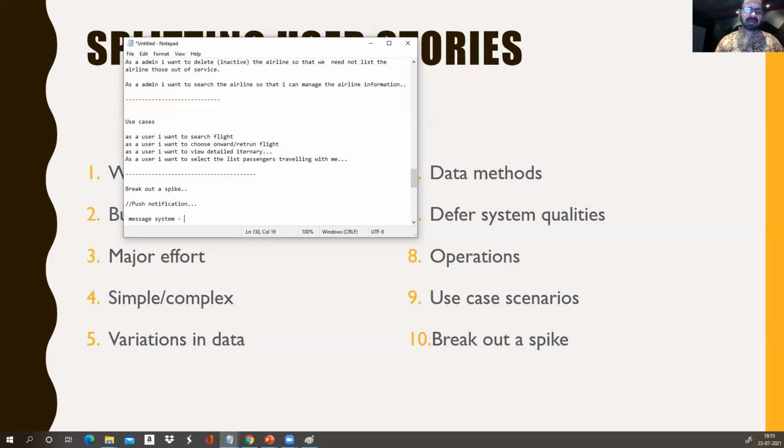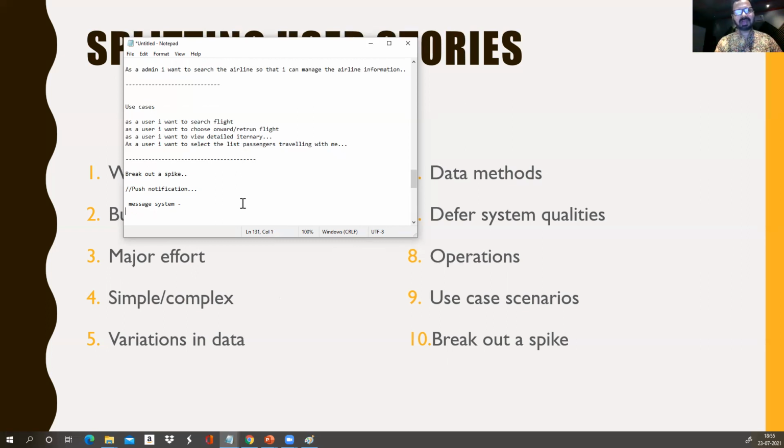Now the architect negotiates with them and he says, you know what, we will come up with the architecture in a way that we will send these 20,000 emails in 1 hour of time rather than pushing all the emails at one time. But we need to explore how it works. So maybe we will write a spike.